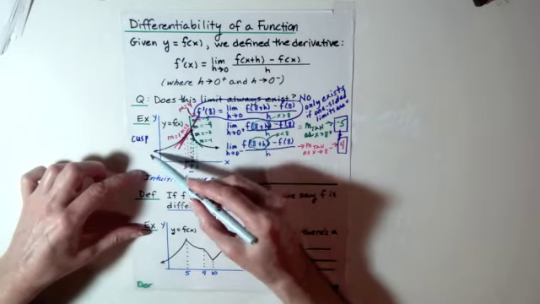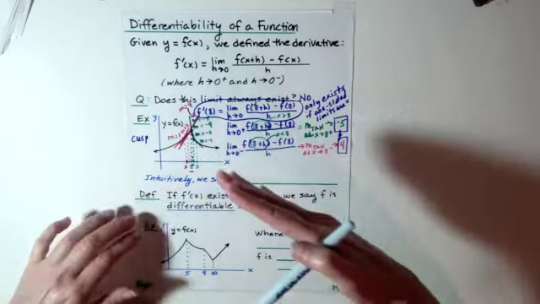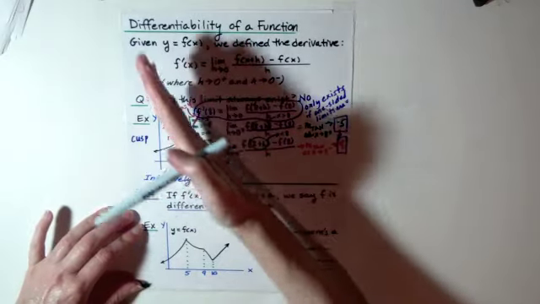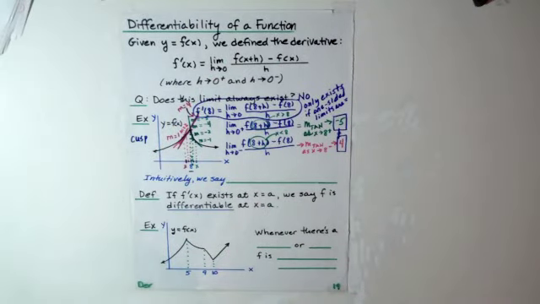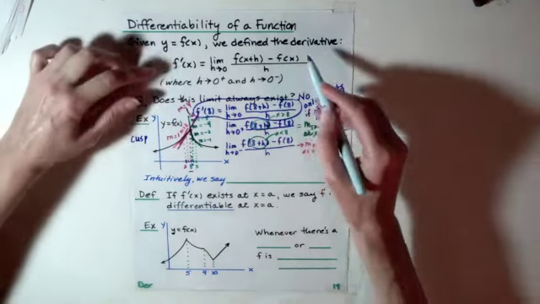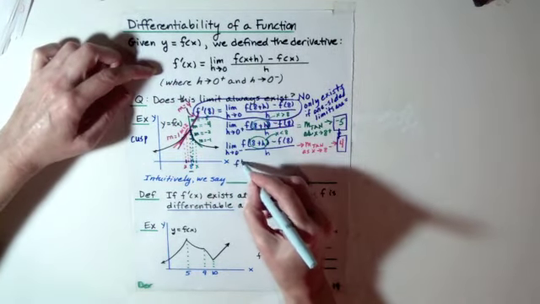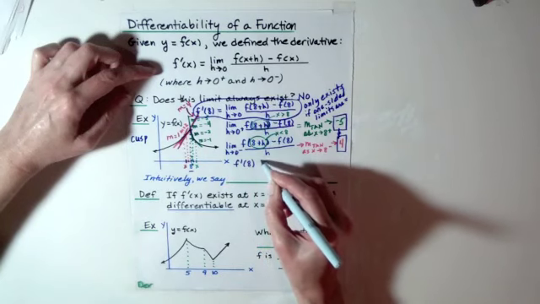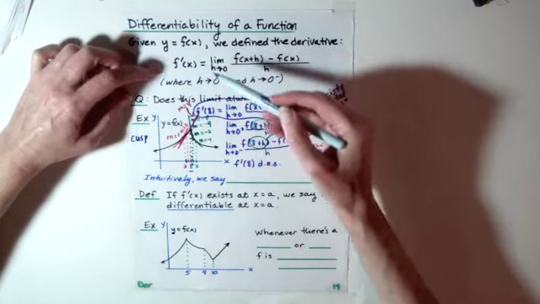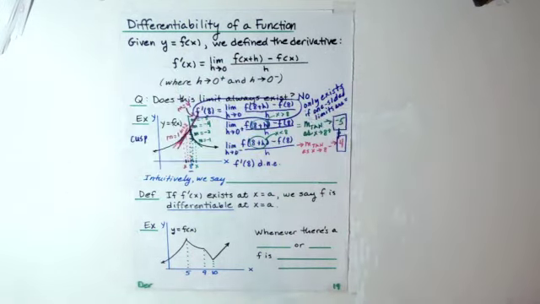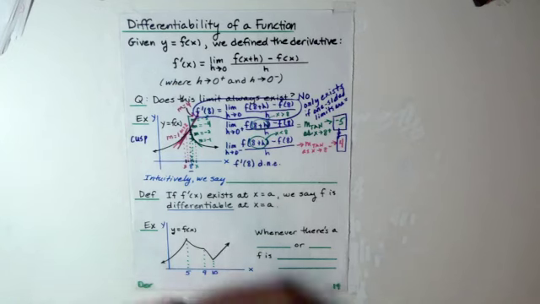So this particular function that has a cusp at 8 and has a different tangent line as we approach from the right than it does as we approach from the left is a function that is not differentiable at x equal 8. This derivative f prime of 8 does not exist, because we said the derivative at 8 exists if and only if this limit as h approaches 0 from both directions exists. Now, intuitively, we don't usually go through all of this for a cusp, but intuitively what we say,